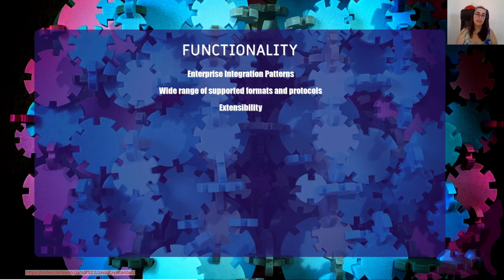Then it's important that it has extensibility. Why? Because in the rare case that whatever you need is not supported already for your integration framework, then you need to be able to add a plugin, extension, module, call it whatever you want, but you should be able to add this type of protocol or data format so your integration framework understands it and is able to interact with it. If you're not able to extend the integration framework, you may find that maybe you have issues in the future. For example,